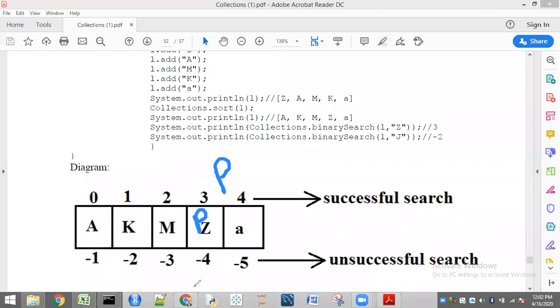What is the negative index for that? -4. So it has to return output as -4. In our example, they have given J to search. If J is present, where does it have to be present in this list? Here. What is the negative index we are having? -2. So this is the case if it is an unsuccessful search.